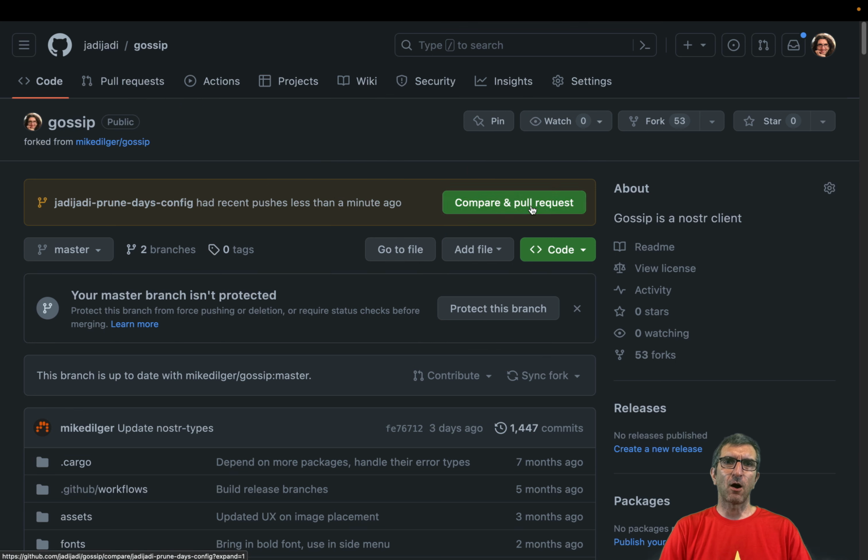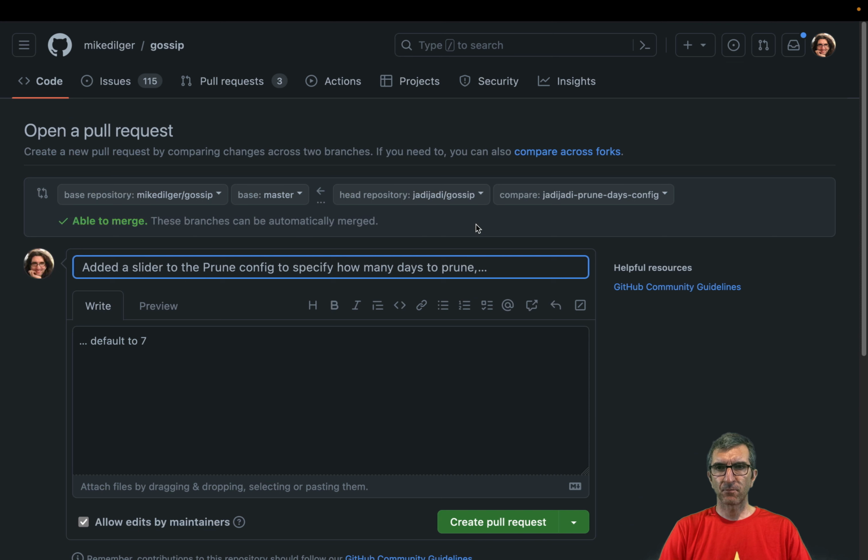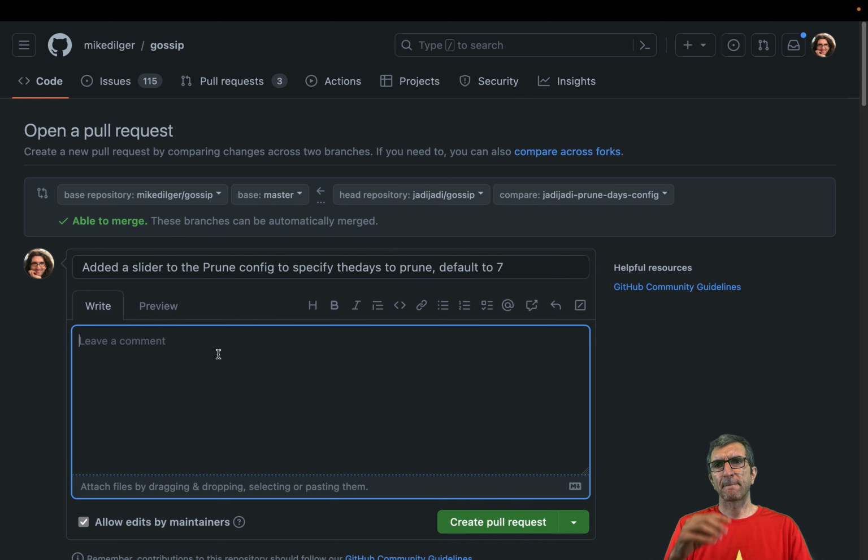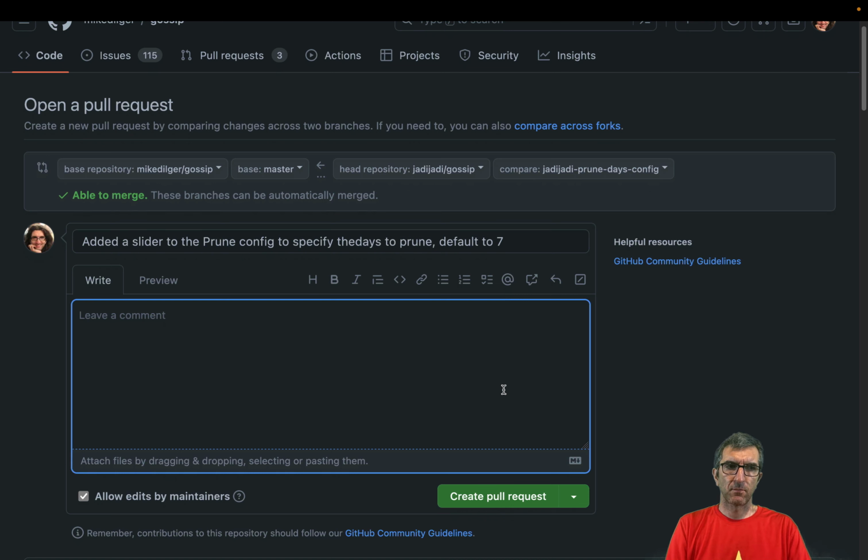So I say compare and pull request. It says added a slider to the prune config to specify the days to prune. Default to 7. No extra data needed.